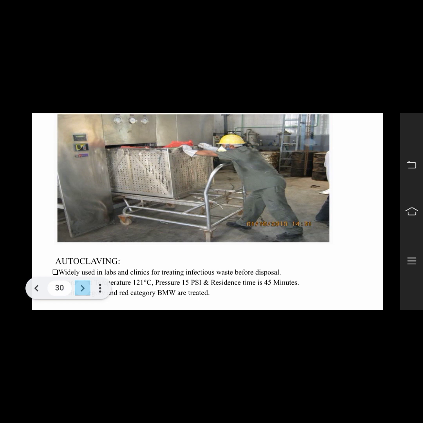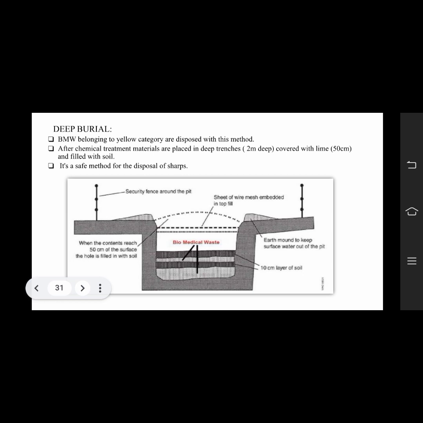After this autoclaving, we also have burial. Deep burial means that there are some cases where even after incineration they need deep burial. So they have to